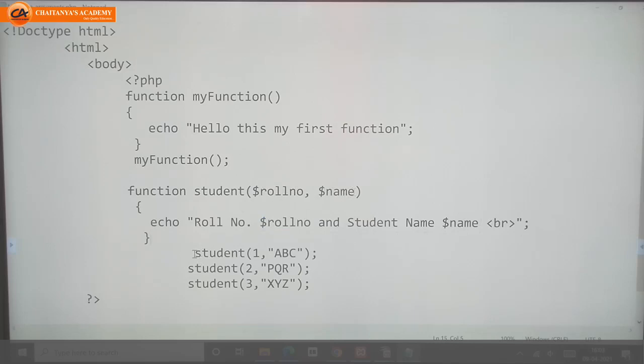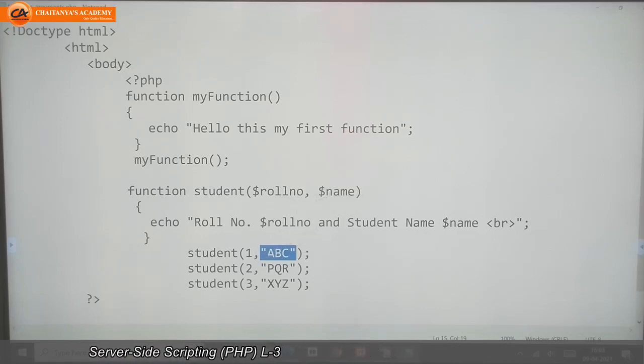At the time of calling this function, I am passing the arguments: 1, comma, and in double quotes a name. As my roll number is an integer, and a name should be a string.